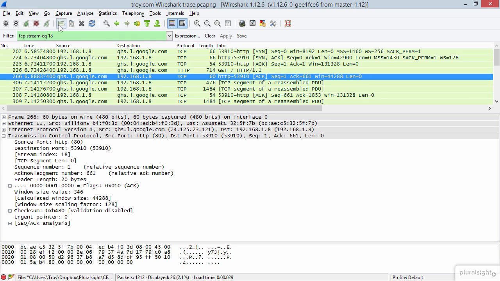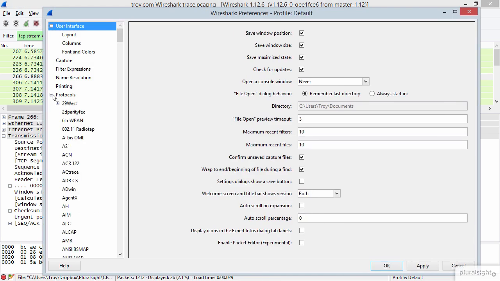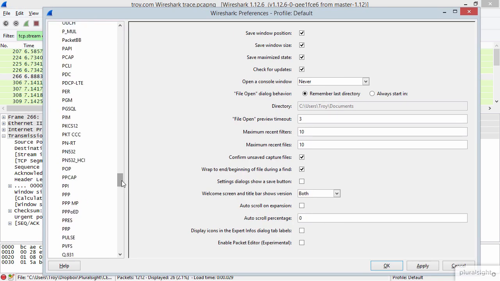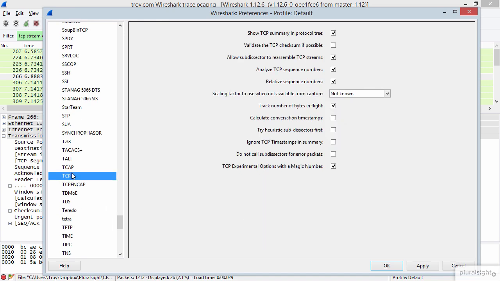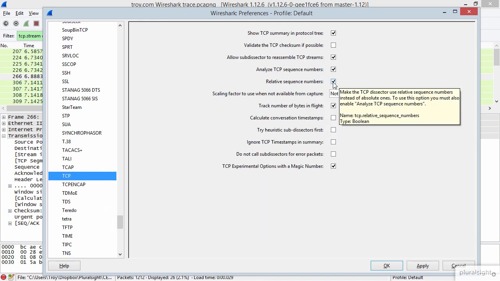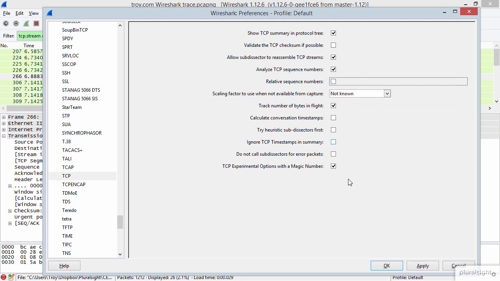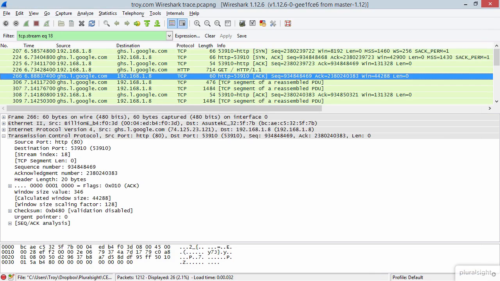I'm going to go up to Edit, Preferences, Protocols, and then all the way down to TCP. And you can see over here, it says relative sequence numbers, and it's checked. Let's now just uncheck that box, and we'll say OK. Have a look at the sequence and acknowledgement numbers now. Now we're seeing these 32-bit unsigned integers,